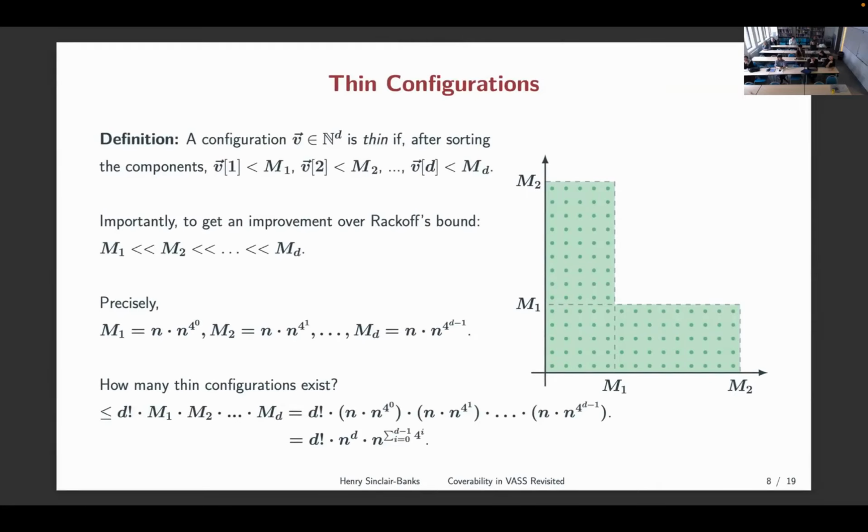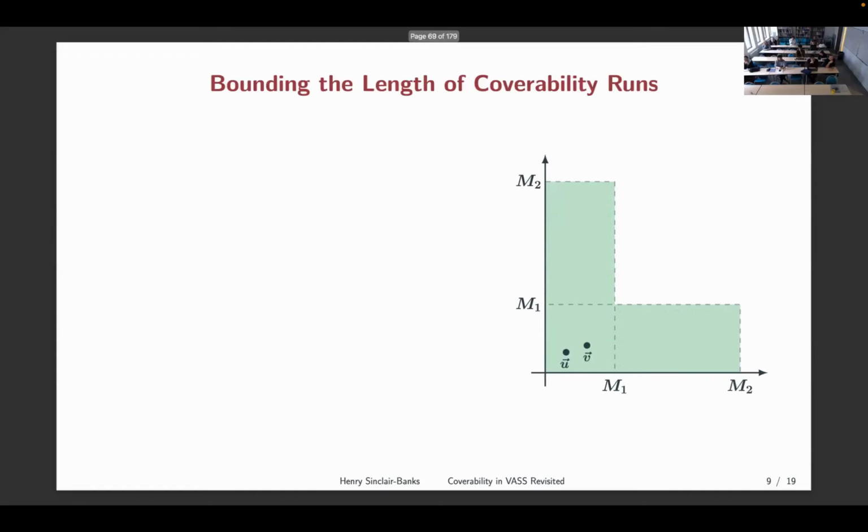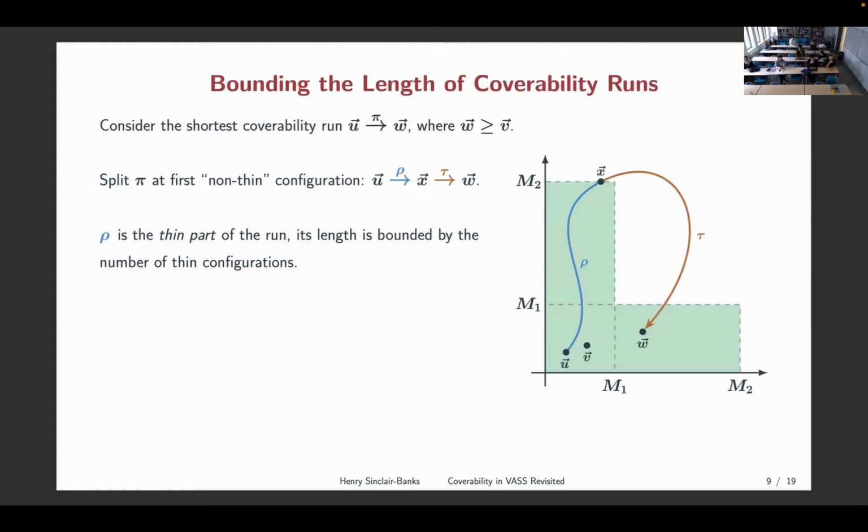M1 is n squared. The values at u and v, your source and target, will be less than n. And so you can put them inside a box within M1. Your source and target are particularly small. W might not be that; that's slightly separate. Then if you go on to the next slide,